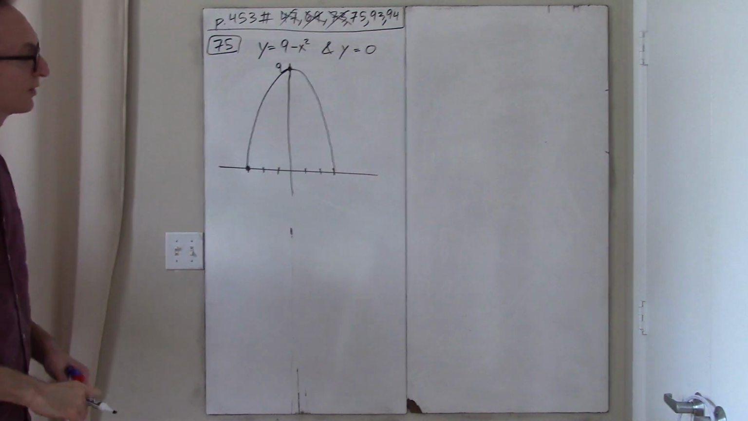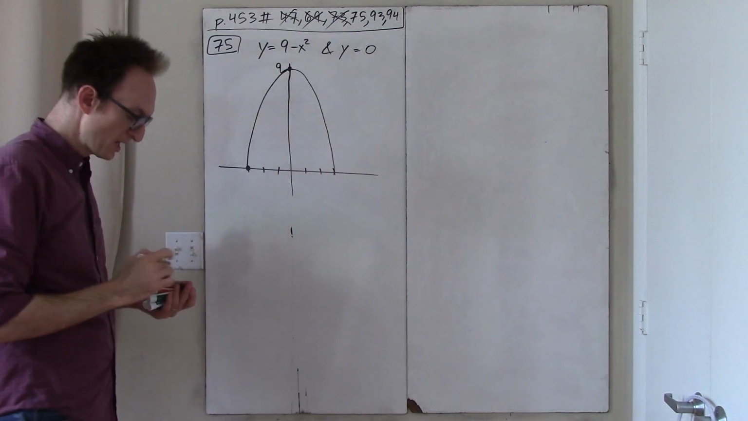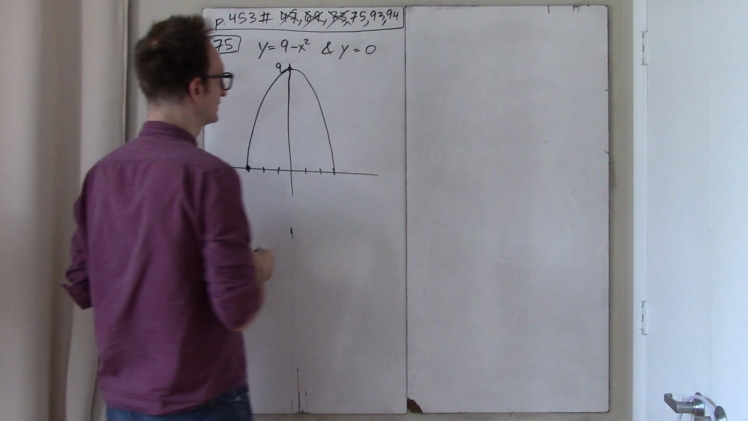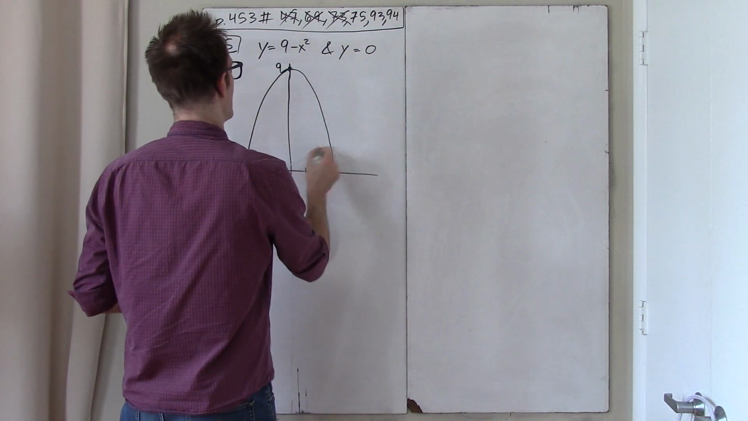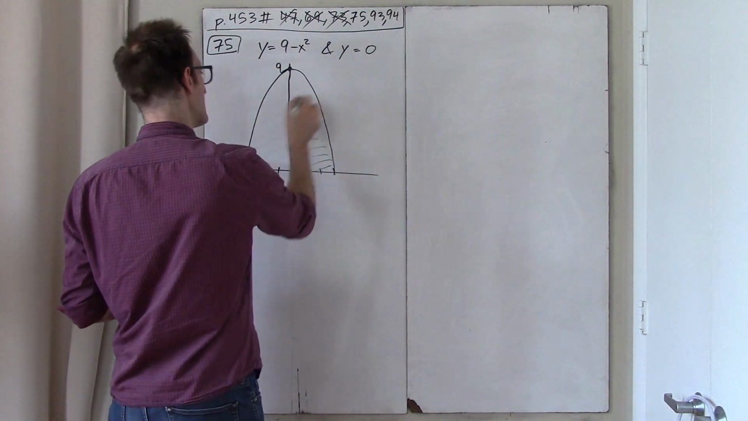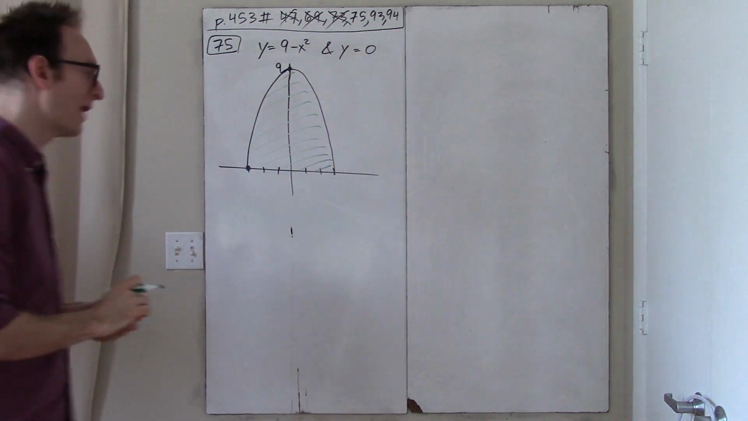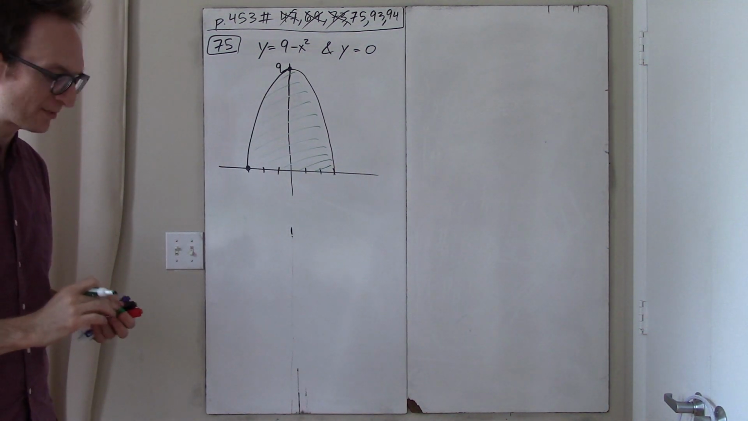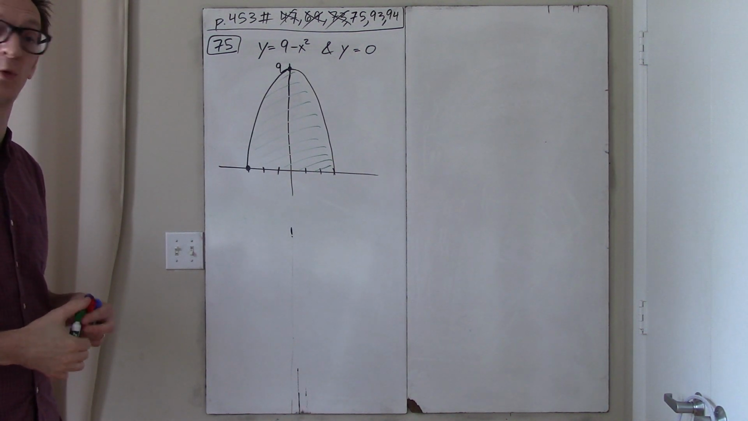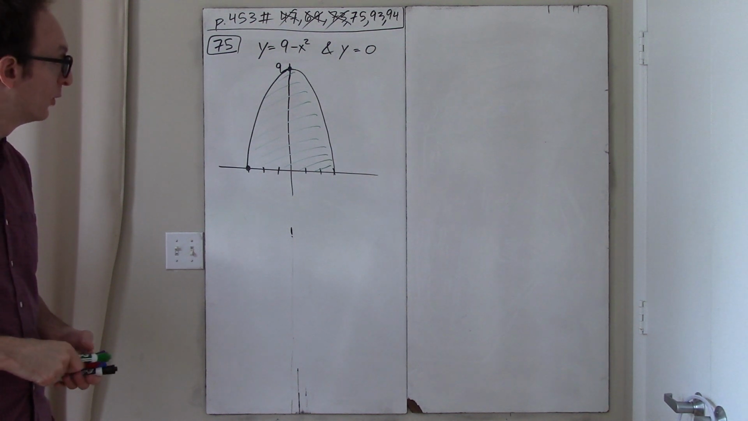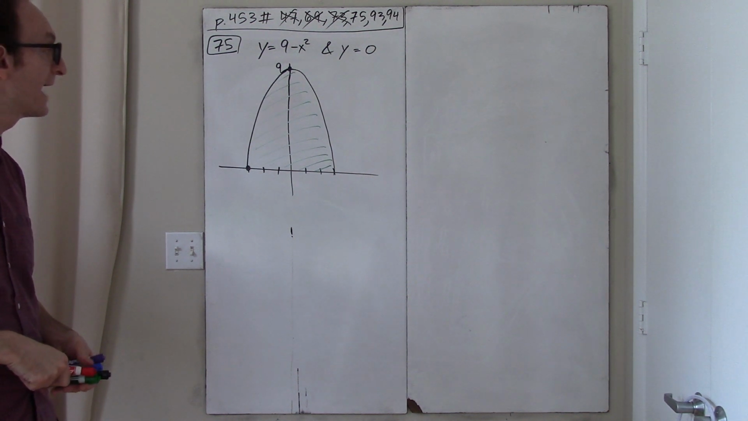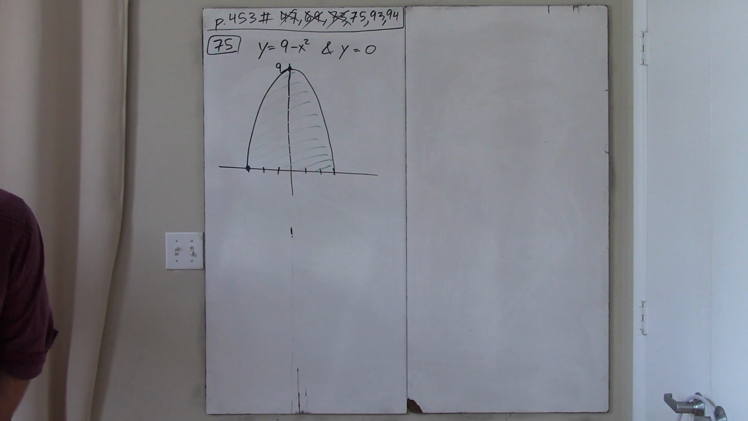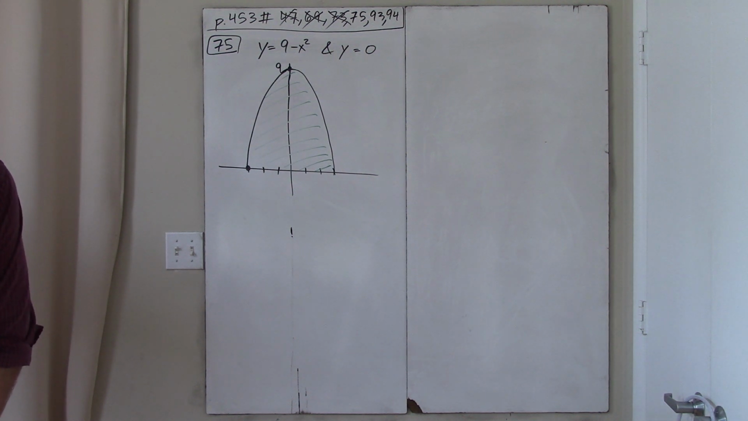So I have this region, and then this is y equals 0. So great, beautiful little region we have here. Question: find a line y equals b, which divides this region into two equal area regions. Is that how the book puts it? Yeah. Find b such that the line y equals b divides the region bounded by the graphs into two regions of